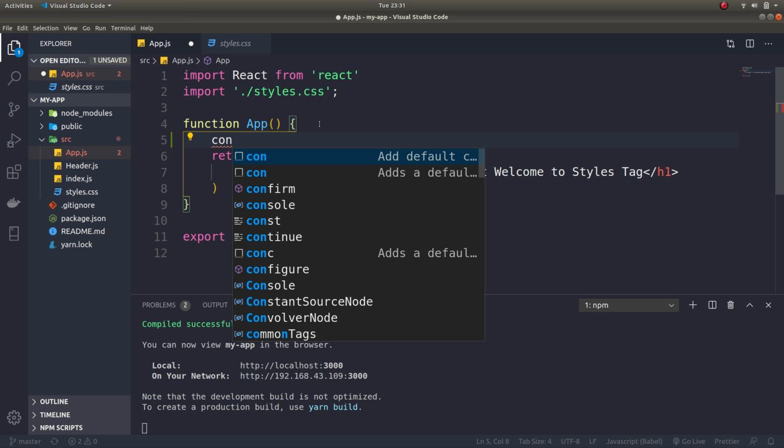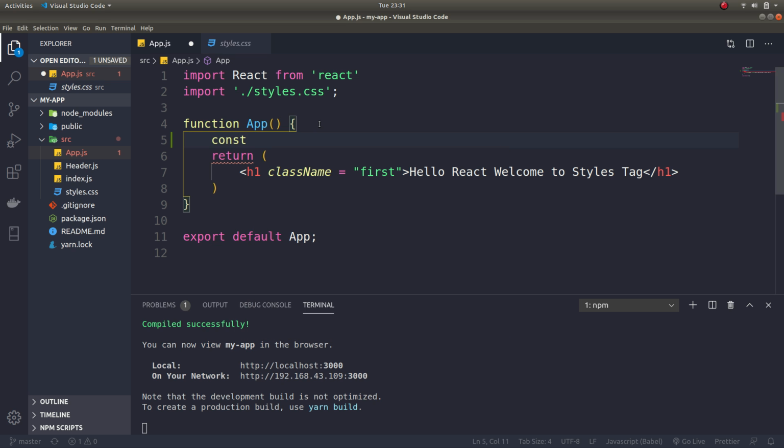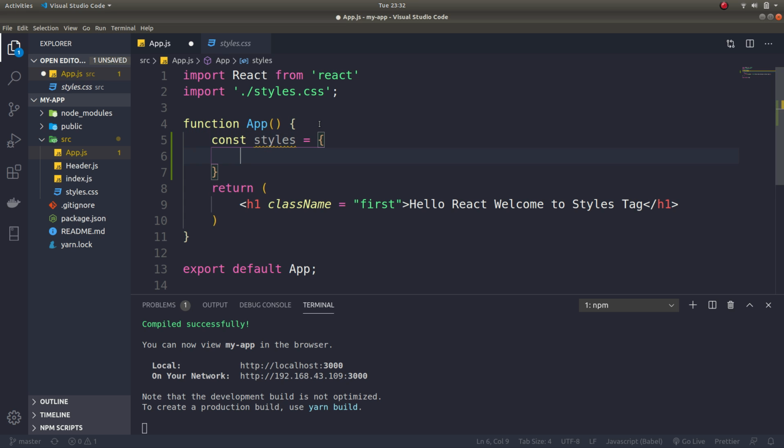For creating an object, I am creating here a constant object, const styles. I am giving its name as styles, and I am giving it a value. I want its color to be red. But now we are going to add red inside double quotes, so we can express this as a string. So I will add red as the color. Alright guys, so I have given a string named red, which is the value for color. So now you can see this is a key value pair.